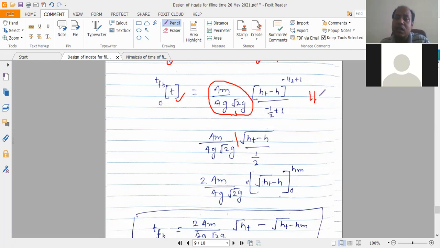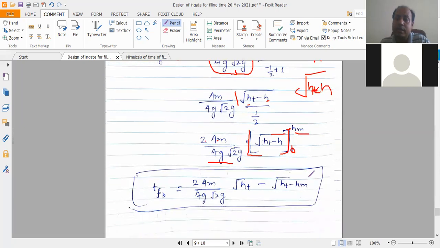equal to plus half, and this one will equal the root under ht minus h. This one is equal to ht minus h, and this one is equal to the half, so this 2 goes above, and now the equation is 2Am/(Ag·√2g) into (ht − h) the whole root here, and now the limit will be